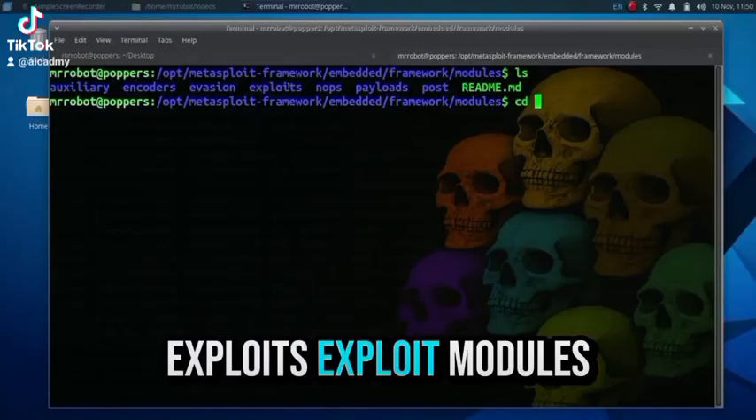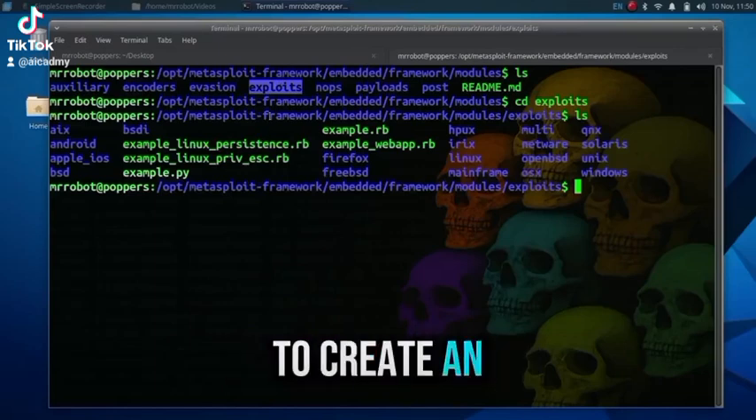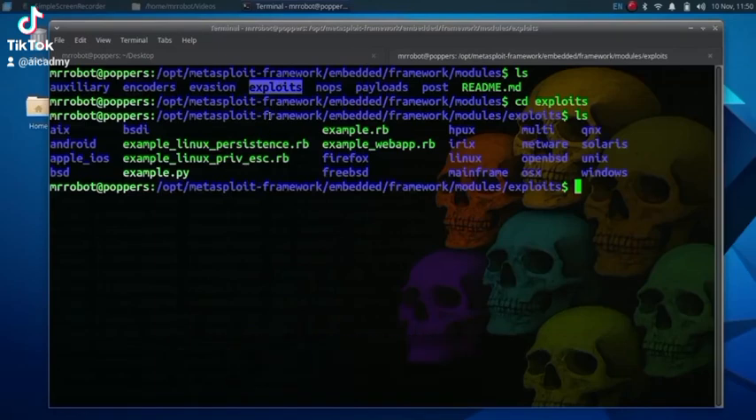Exploits. Exploit modules are the lockpicks, code that targets specific bugs to create an opening. Load an exploit, set options for the